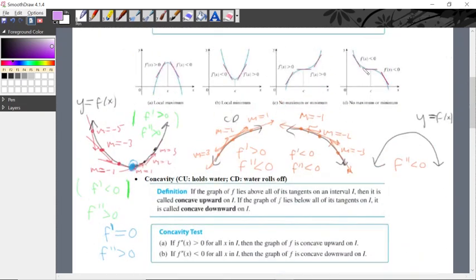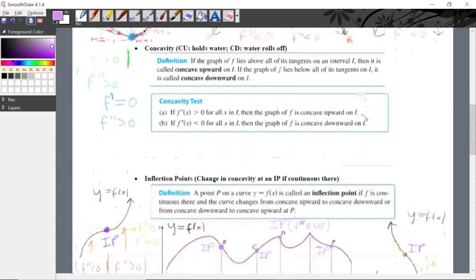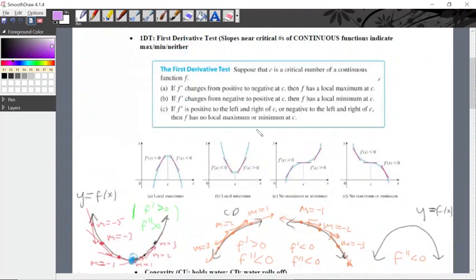Okay, and the same would be true if we had negative to negative. Negative to negative means we don't have the feature. What about f prime of c equal to 0? Is it sufficient to say that when the derivative is equal to 0, that guarantees we have one of these features? If f prime of c is equal to 0, does that mean